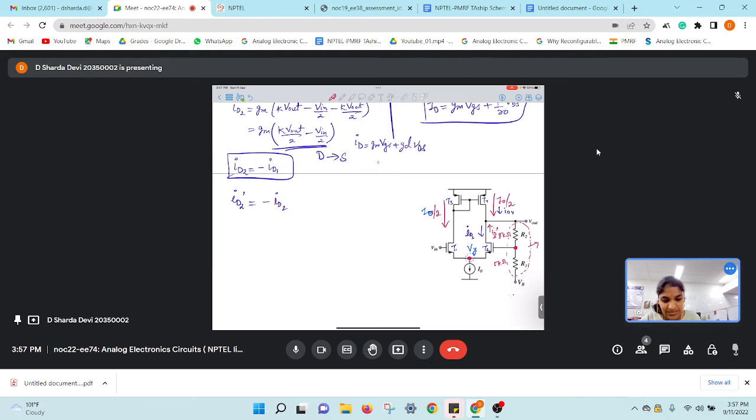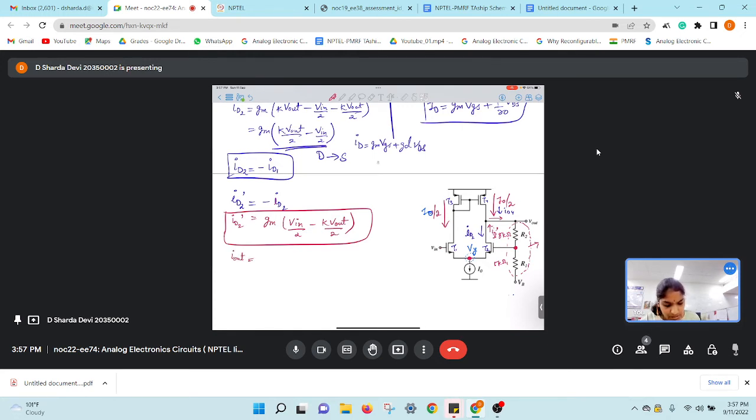This I can safely do. So ID2 dash, how much will it be? It will be GM VN by 2 minus K V out by 2. This is ID2 dash. So if you observe carefully, the current from this output node, I'm writing it as I